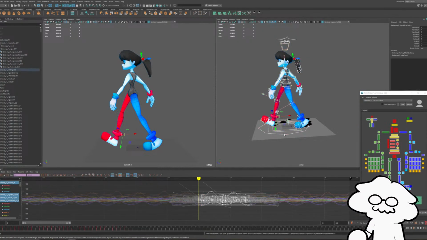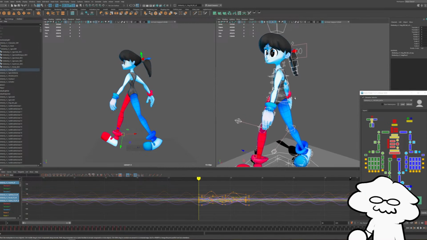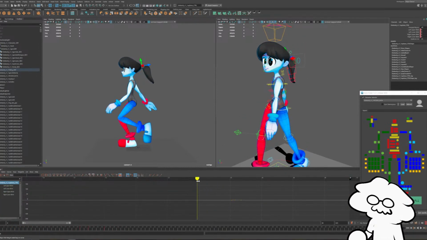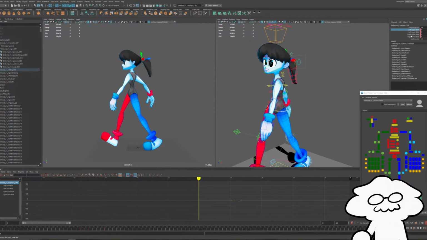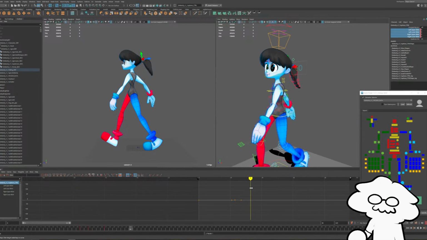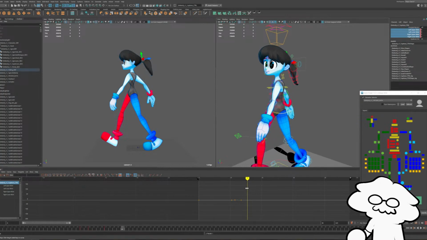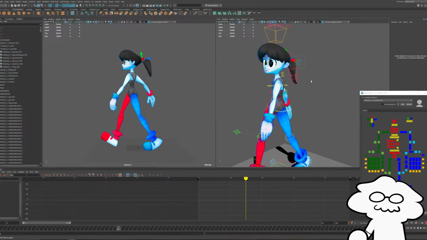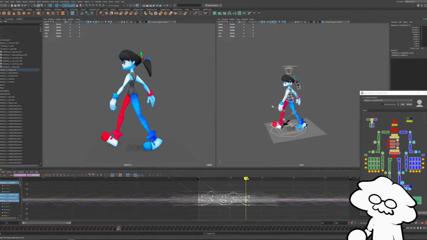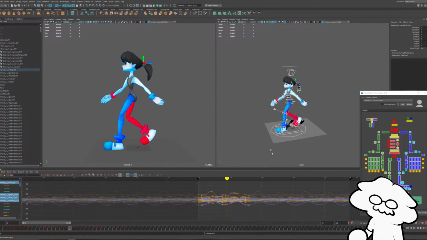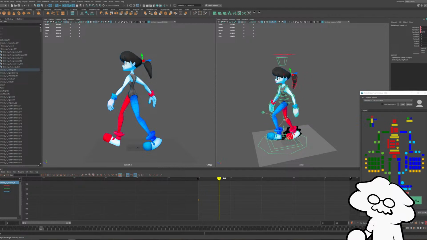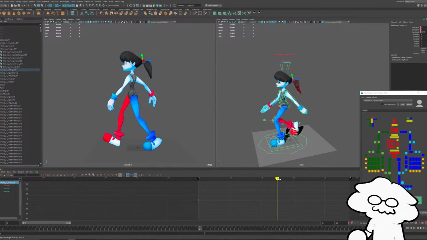Oh, you know what? Except for the blink keys, I need to make sure that those are keyed at 0 and 30. Okay, and then let's have her walk forward a bit.